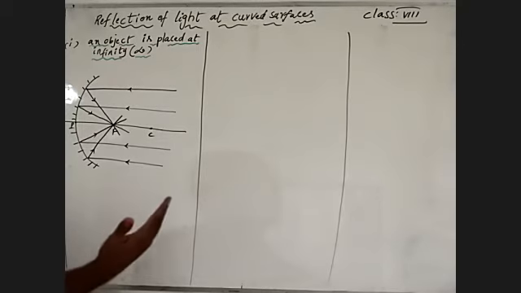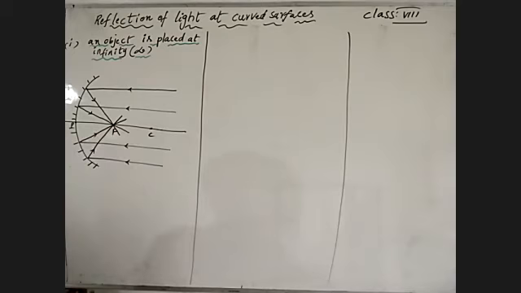Actually, the reflected light rays intersect in front of the mirror. So in front of the mirror, we have to use a screen, such as a paper, to obtain the image. So the image is forming on a screen. What type of image is it? A real image. Understand? The image which forms on a screen is real.